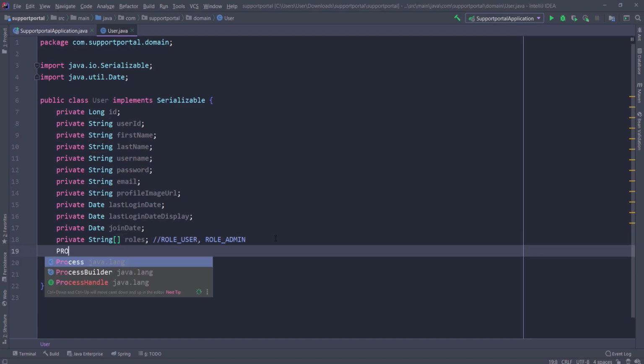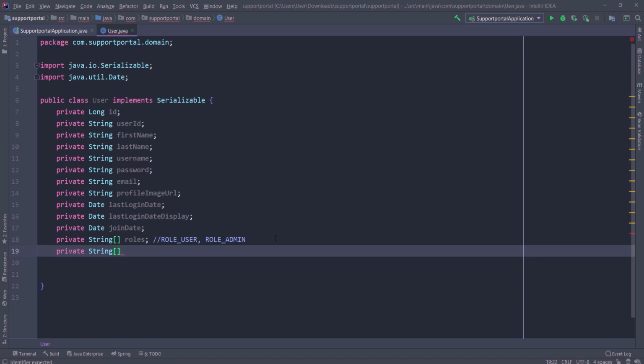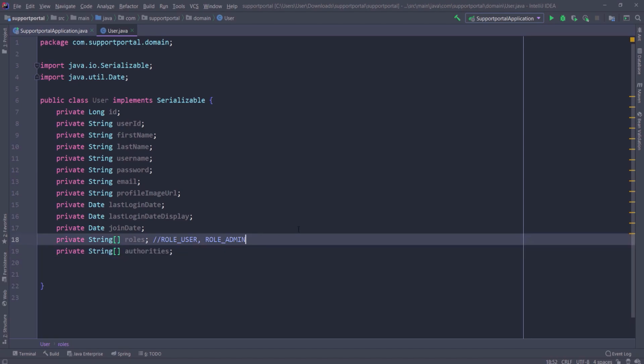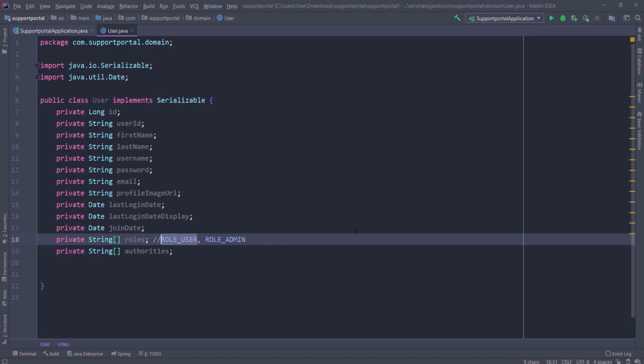And let's do private another string of permission. So that's going to be authorities, right? Authorities. So, you know, beside having roles, we're gonna also have authorities, and I'm gonna show you the difference between roles and authorities, right? So quickly, roles is like role user, for instance, right? And in the role user, you can have, let me show you real quick. So let's say this is an array, right? So in the role user, you can have